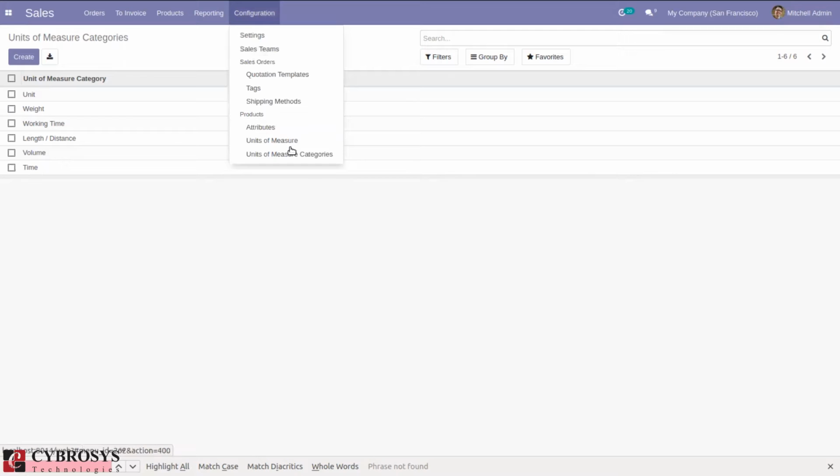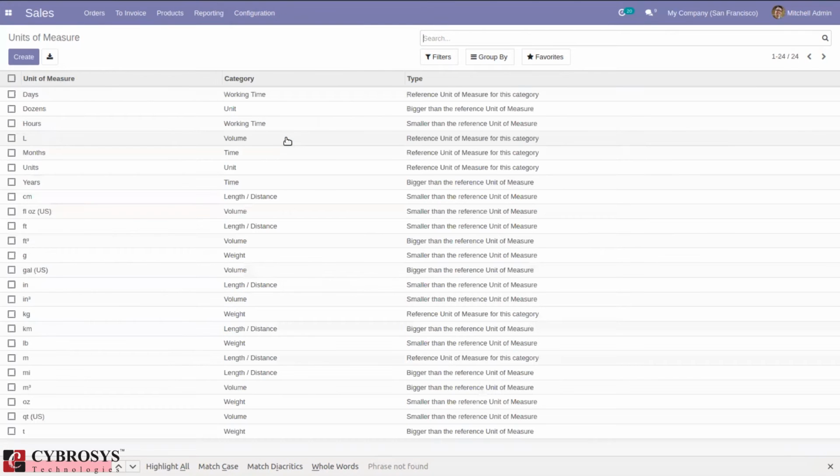So after that, you can create unit of measure. So you can see by default, we have some unit of measures pre-configured in our database. You can see like days, dozens, hours, kilometer, kilogram, meter cube. So you can see that, and it is also possible to see the unit of measure category of the units.